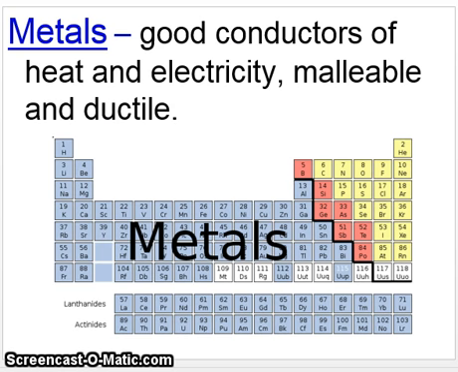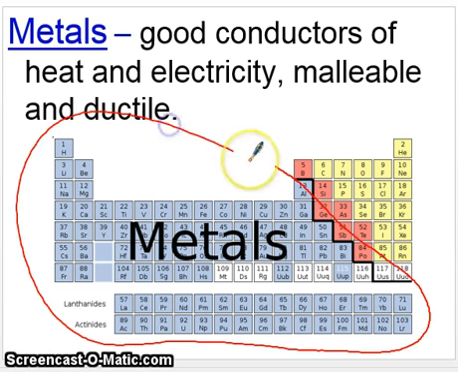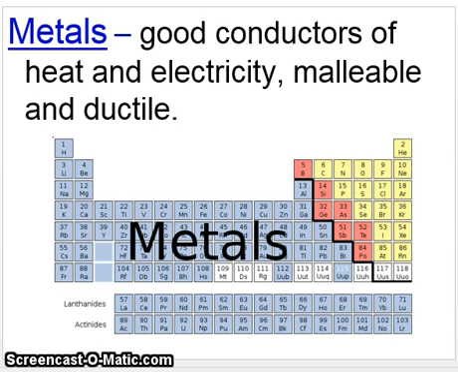Now, on the left side of the periodic table, you will find the metals. So the portion of the periodic table on the left is the biggest portion, and these are your metals. Now, metals, by definition, are good conductors of both heat and electricity, and they're also malleable and ductile. Malleable means you can actually make them into sheets,